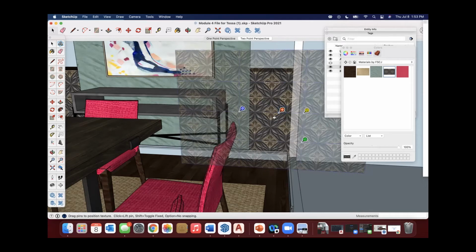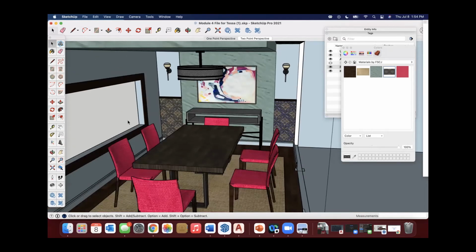Sometimes we have to eyeball it just a little bit. You could certainly use guides; you could have guides drawn ahead of time to do this. I'm really trying to get this nice and even because I want my installer to center this on my wall and get that properly done. So yes, it's still going to cut off a little bit, but we're getting much fuller pieces, and it visually looks a lot better. Once you like that positioning, you can press enter to accept that, and it will apply.